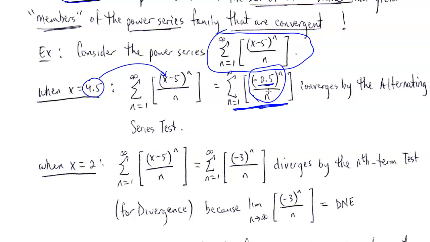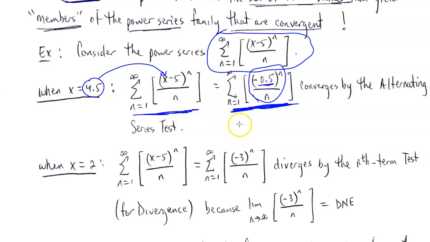And we would also have to show that the limit of b sub n goes to 0 as n approaches infinity. All that is relatively easy to show. So by the alternating series test, we know that this particular power series, when x is equal to 4.5, or put another way, this particular infinite series, is going to converge,